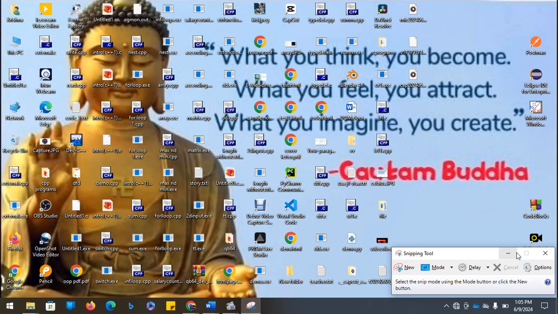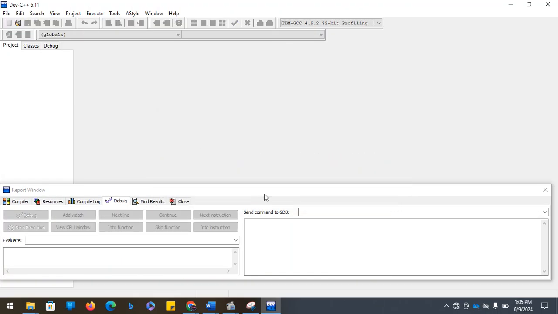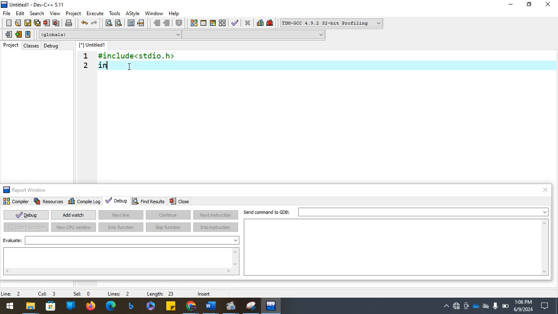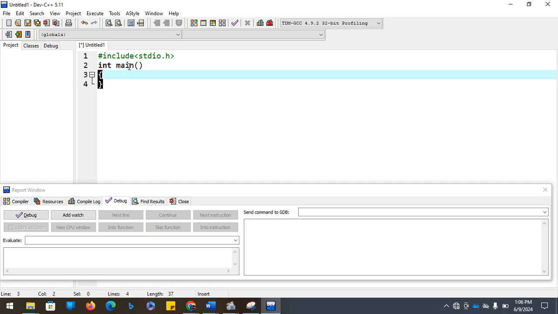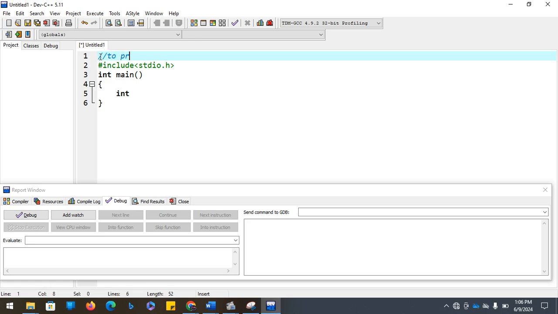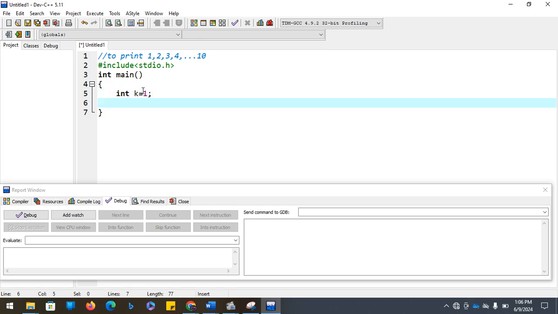Let's open the compiler. Let's declare a variable with value 1, since the first value is 1. Let's put the condition while